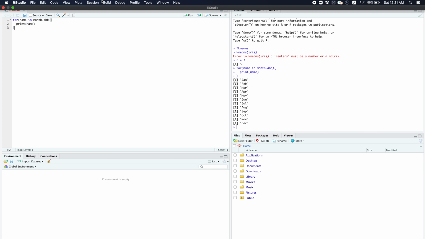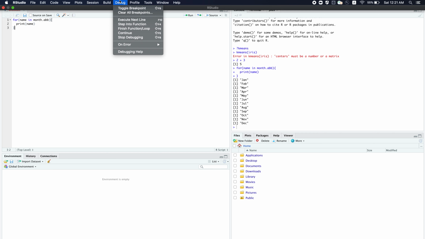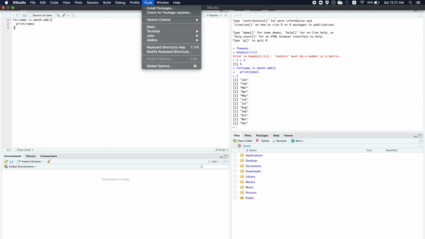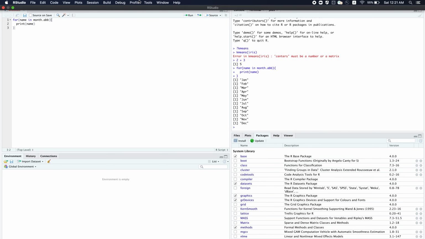So the next most important section for you is to explore global options. Debug is, again, if you want to set toggle points and then debug your code, you can do that. But we are going to look at this particular section in detail. Install packages: for you to install packages, you can do that in multiple ways. You can click this and install package, or you can go here and install package, or you can simply say install.packages and do that. So you can do it in multiple different ways.